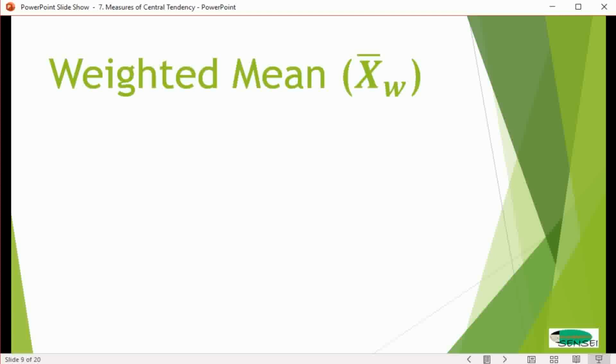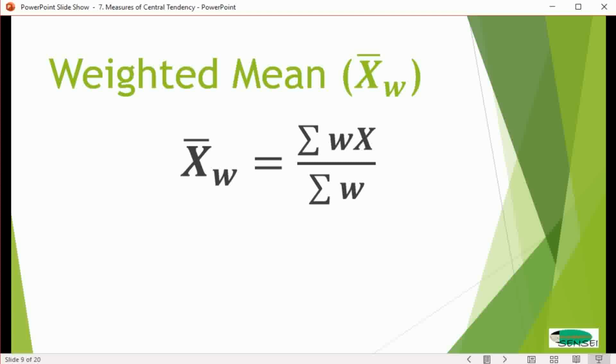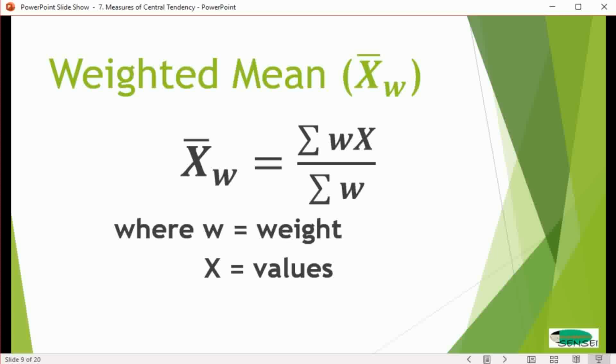Weighted mean. This is a specialized version of a mean where certain values may incur weight. Formula is this: x bar sub w is equal to the summation of w times x all over summation of w, where w is equal to weight and x is equal to values. Best example for this is when we